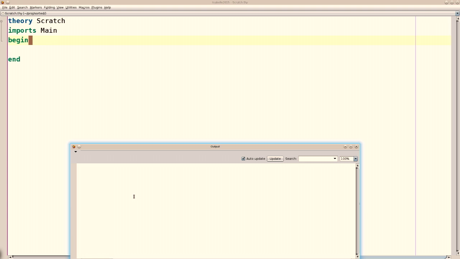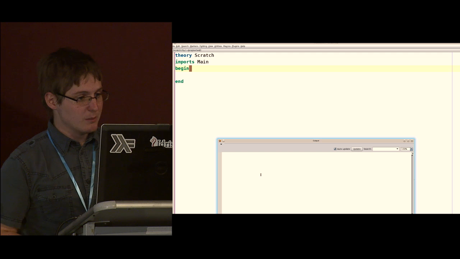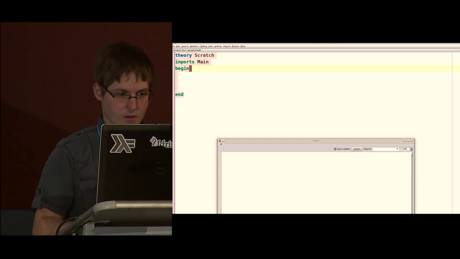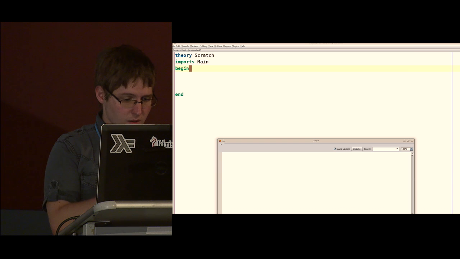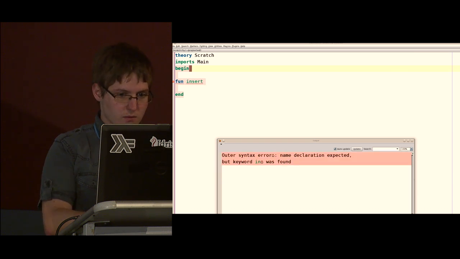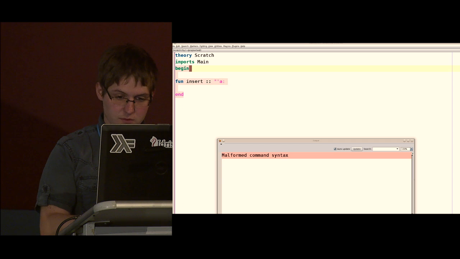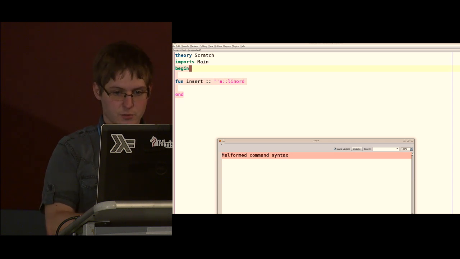You can actually program functionally in Isabelle, and we're going to implement an insertion sort now. I don't think I have to explain the syntax. If you've seen some functional language, it should be quite self-explanatory.